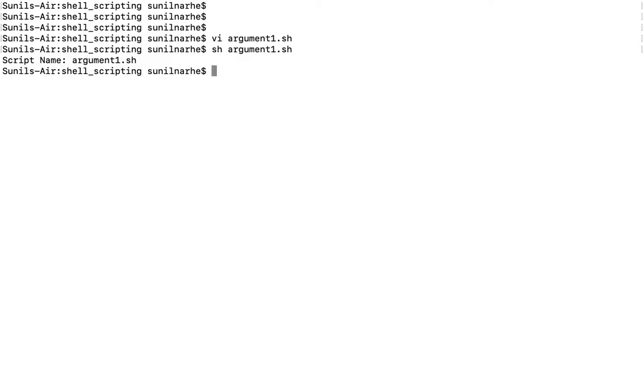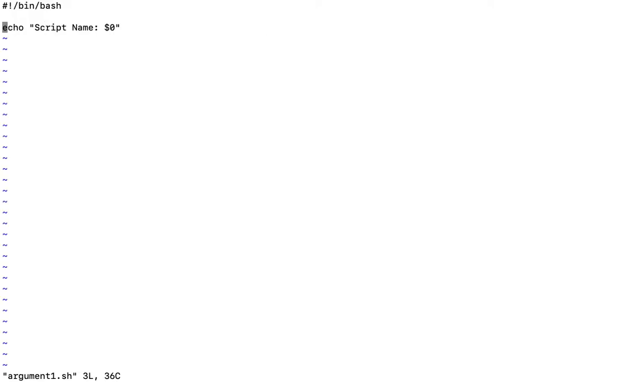So let's take an example here. We'll take echo. I am using echo because it is very easy to understand which position values we are taking and printing.